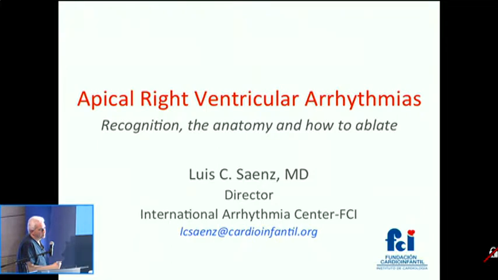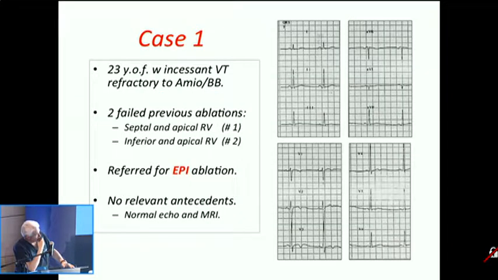Let me make a description of the anatomy and how to do the ablation. This is the number of cases we have done. This is a relatively new field, so if you read the literature, there are no specific descriptions about apical arrhythmias of the right ventricle. You can see in the first case I'm going to present, this is a 23-year-old patient,